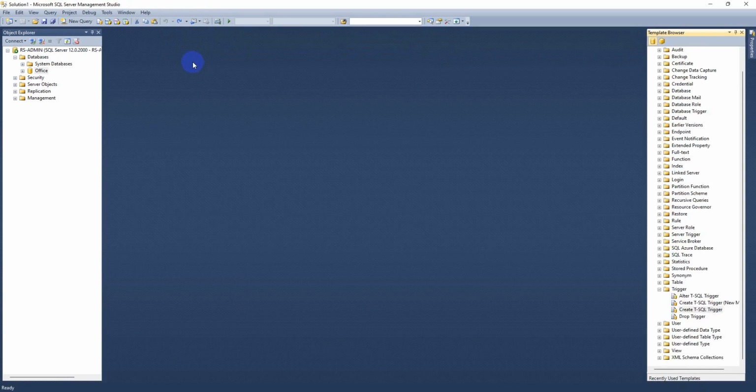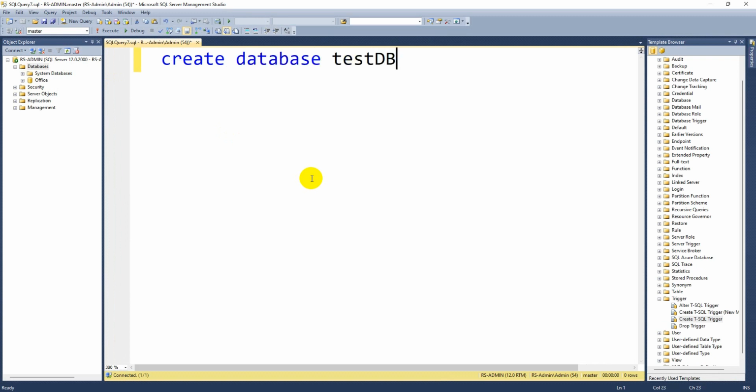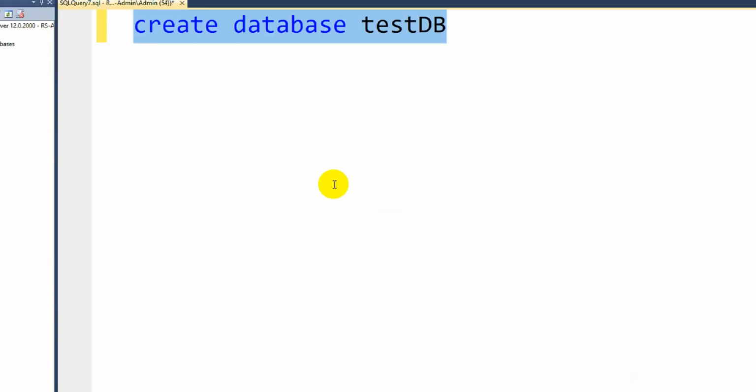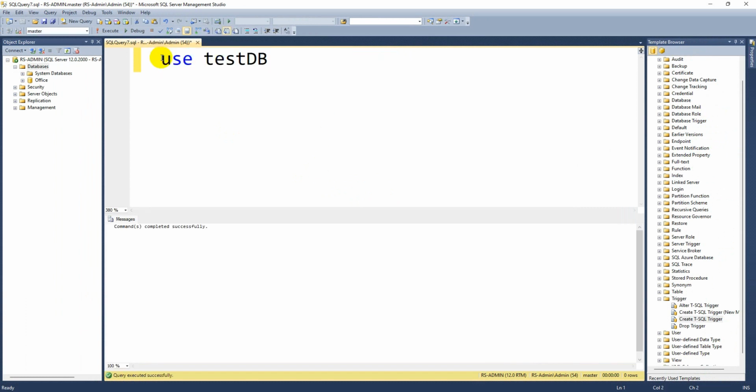Now let's get back to our particular query, and let me create a dummy database first. Create database testdb. It was created, so now we are going to use the testdb. Creating a table: create table test.